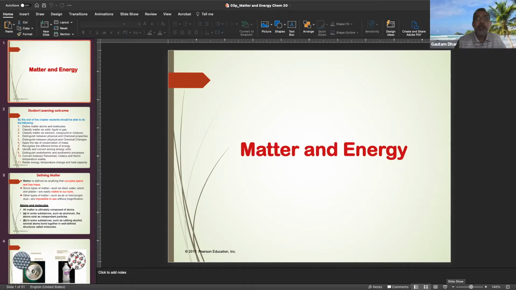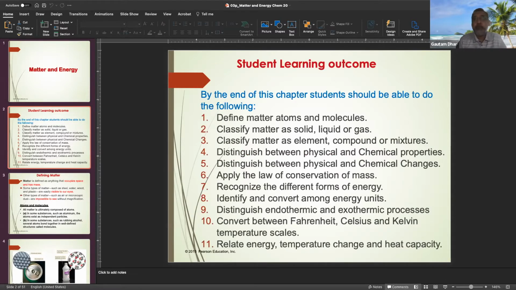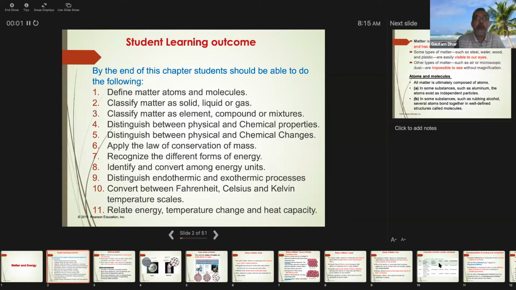And individually, matter is conserved, which is the conservation of mass. We learned about that in the previous chapter. And also there is the conservation of energy. Energy, like matter, cannot be created or destroyed. You can only interconvert from one to the other. So in this chapter, we'll first begin with matter. We'll define matter, and we'll define it in terms of atoms and molecules, the micro constituents of matter.